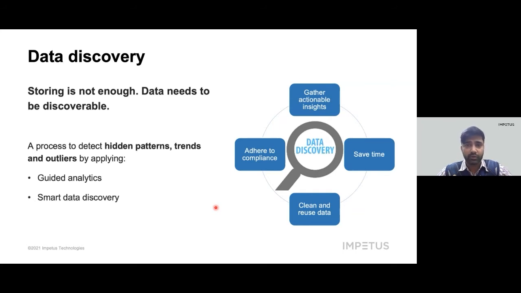Similarly, in enterprises today, we have seen that there's a lot of data still unanalyzed and unknown, and it has a huge potential to present meaningful insights to the business users to drive their decisions. And this is why data discovery provides a means to find hidden patterns and trends in the data, as we see on screen. In fact, there's a survey by Gartner that says that data discovery is going to be the next big thing in data trends analysis. Okay, so data discovery can help us with BI analytics, but can anyone guess how it also enables us to comply with the regulations? Let me answer that question.